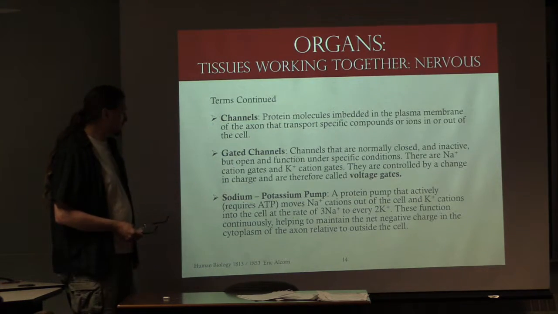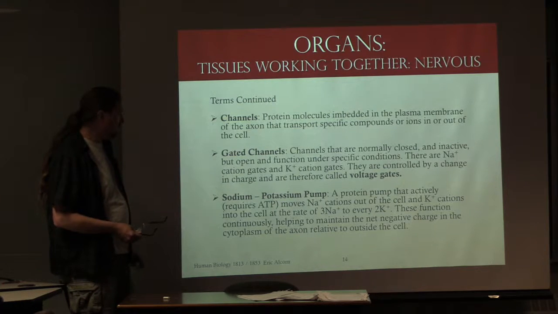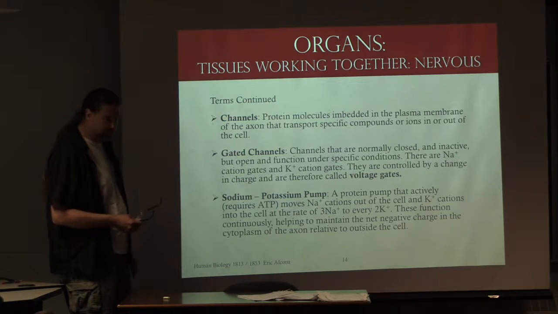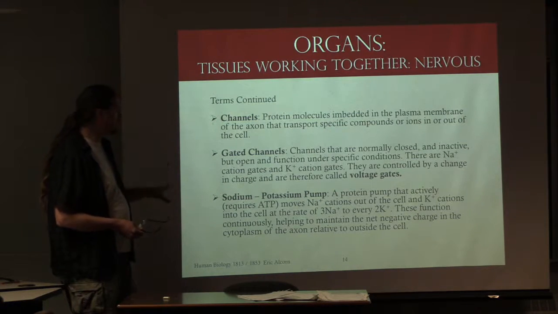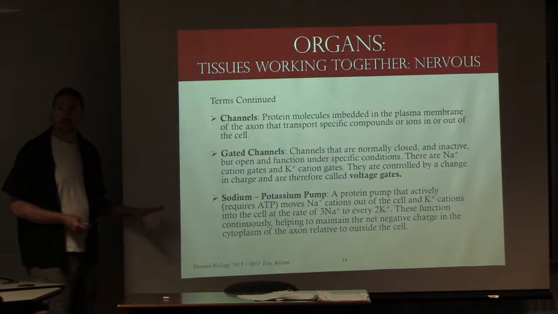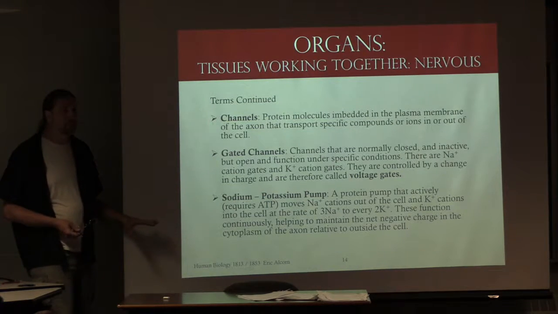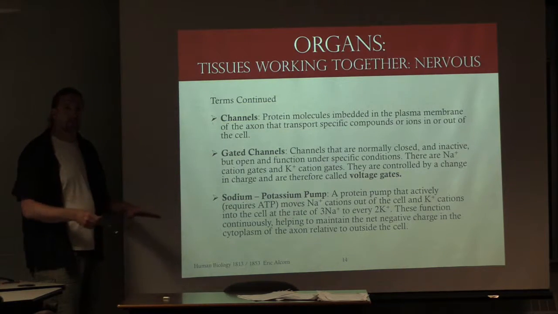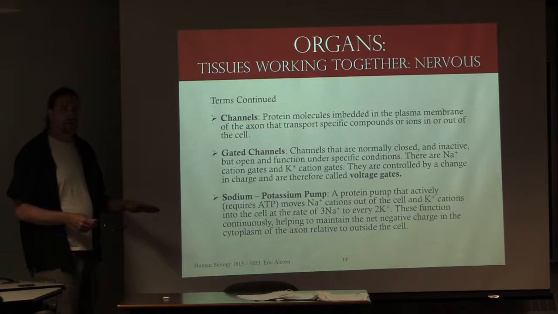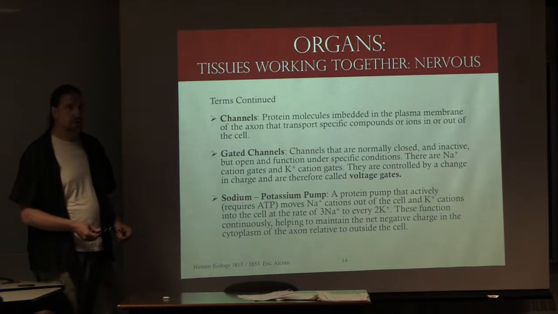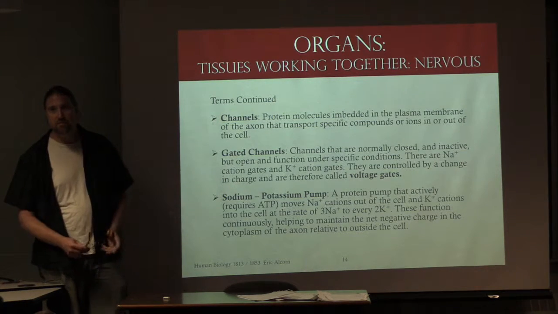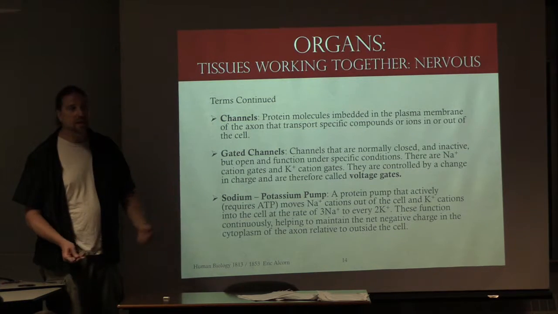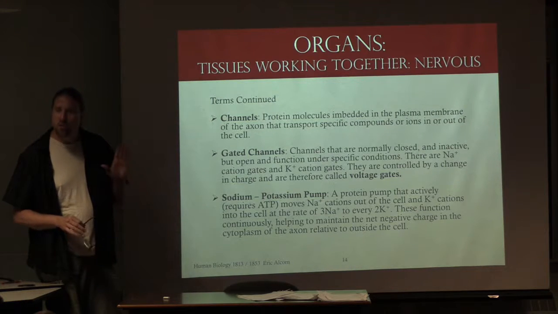A particular one is this, and this is very important. All cells have it, especially nerve cells and muscle cells. It's the sodium-potassium pump. This is a particular gate that's constantly functioning and does two things at the same time. It removes sodium from the cell at a rate of 3 sodium molecules and brings potassium into the cell at a rate of 2. So for every 3 sodium that leaves, it brings in 2 potassium. They're both